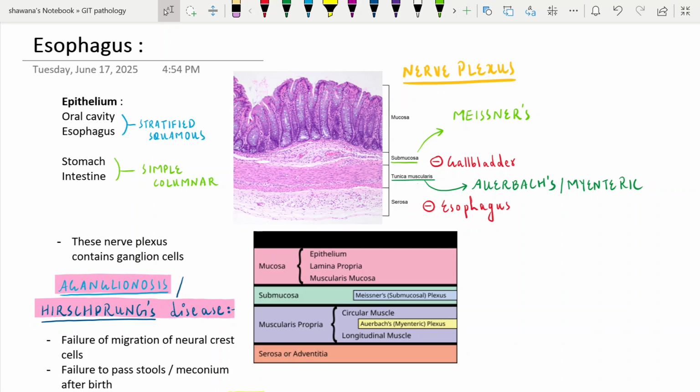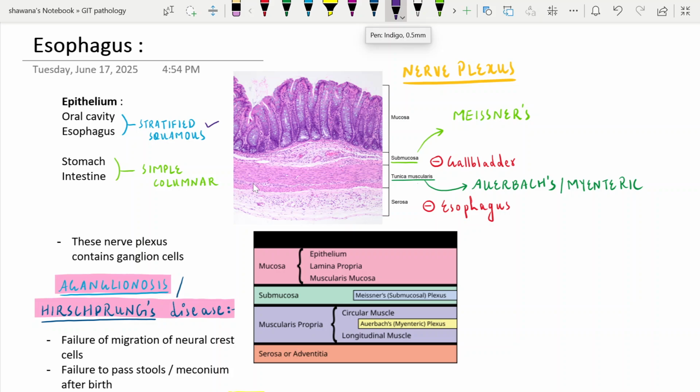We will discuss the diseases of the esophagus. In the previous lecture we covered salivary gland tumors, the benign and the malignant, so you can go through that video as well. So we will go through some of the histological features of the GIT, and then we will discuss the esophageal disorders. First of all, the epithelium of the GIT: